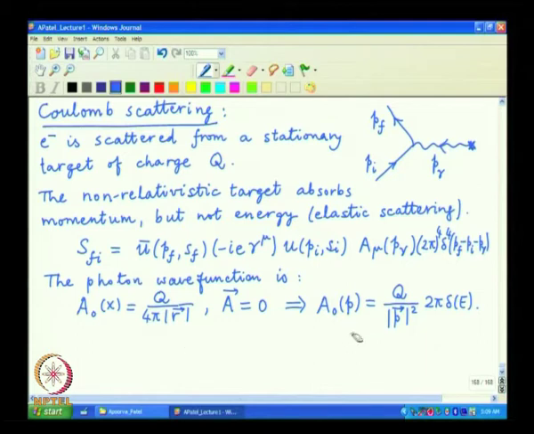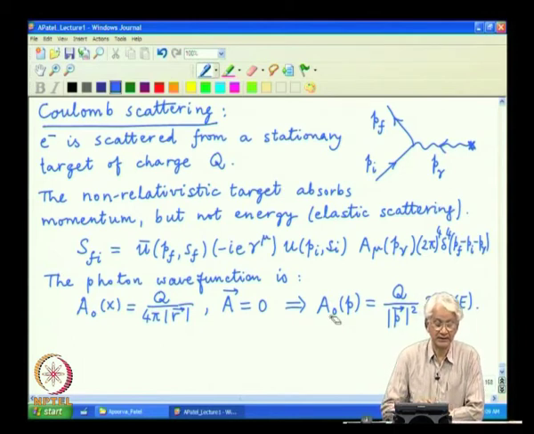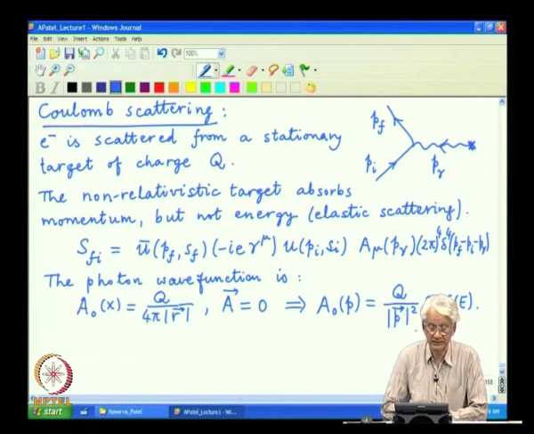So, one can solve the Laplace equation in momentum space and easily obtain what this expression for A 0 is, but it is an interesting exercise to directly start with 1 over r and do the Fourier integrals to get 1 over p square. It does require a little bit of care in the presence of the singularities at r equal to 0. In particular, one has to use Gauss's law and a relevant procedure for regularization of these integrals. But anyway, the answer is uniquely defined and it is given by this particular rule.